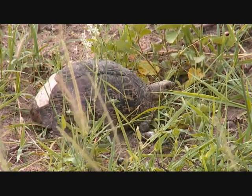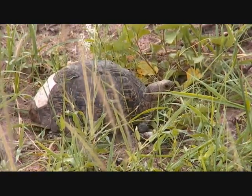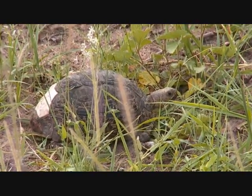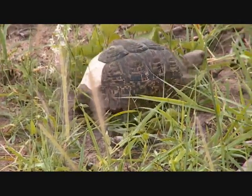Now I would guess the most likely cause of that would be he managed to get caught during a fire, and somehow the fire managed to just scald him. Of course, this could have been years ago. You can see the white at the back, so that the actual skeleton is exposed. That's obviously not doing any damage to the tortoise,